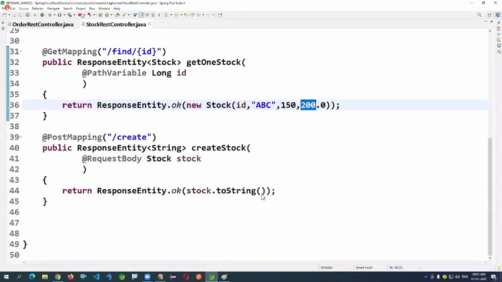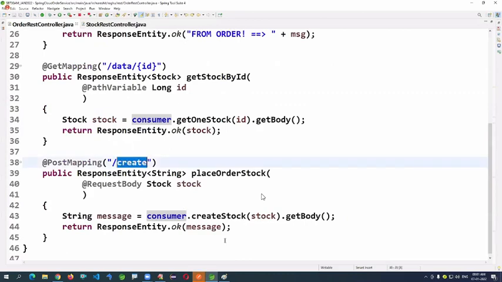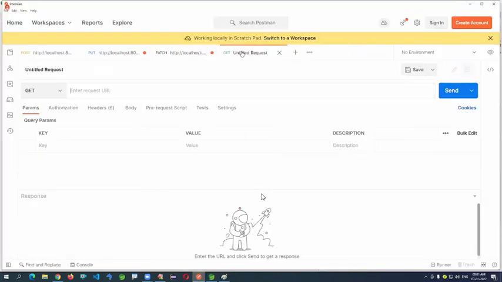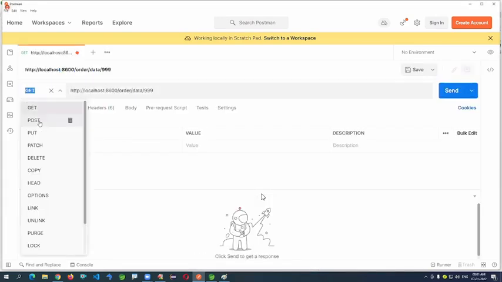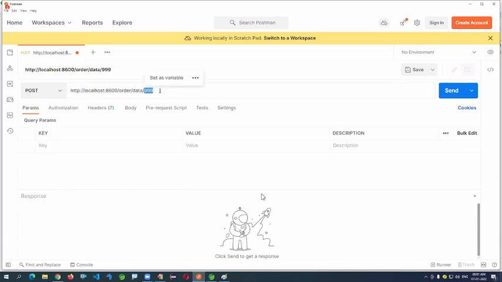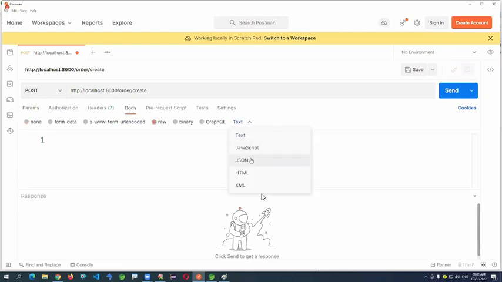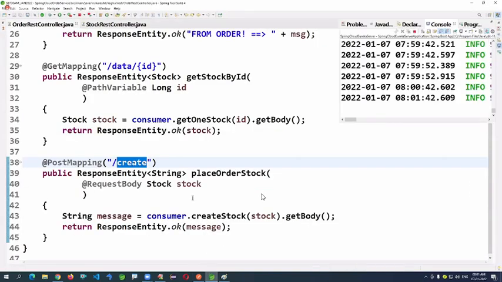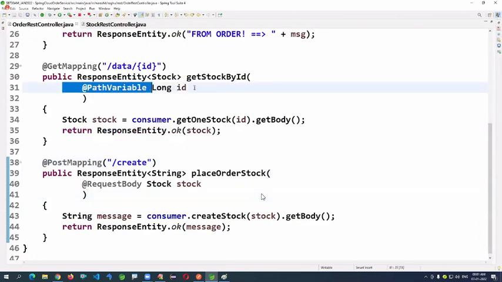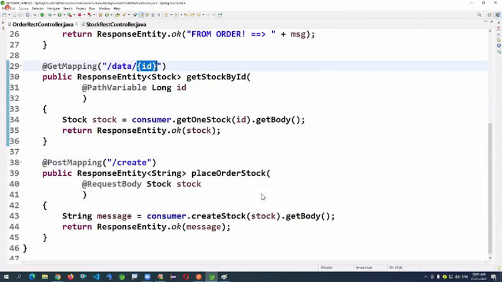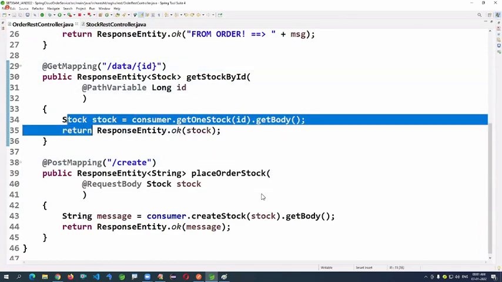Second one is a POST type. I pass some dummy input to the path variable and some dummy input here, and it's taken and calls the method.